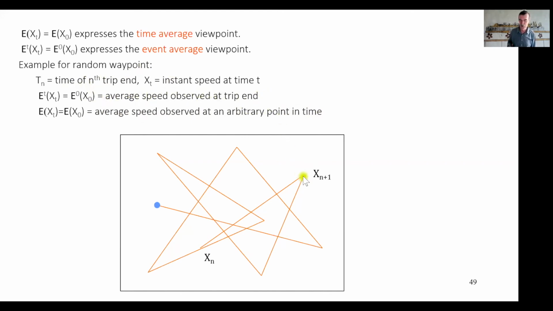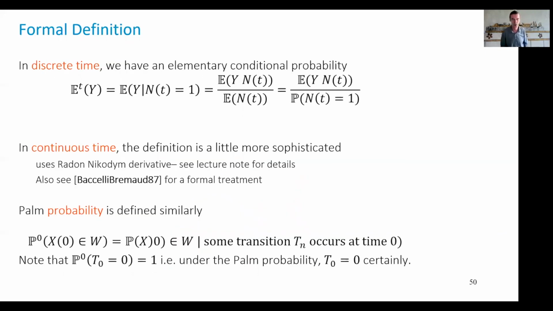The speed observed at a trip end is the speed that is selected by the construction that you did in the lab. When I arrive at a trip end, I select a speed by applying some rule. I generate some random variables, and it gives me the speed. If I take this sampling method, I obtain what is called the Pam viewpoint. If I take the time stationary viewpoint, I obtain another one. What you've done in the lab is to empirically, numerically find results for the distributions of the speeds, for example, at an arbitrary point in time versus the speed chosen at an arbitrary trip end.